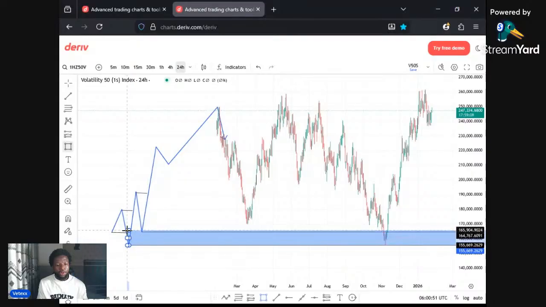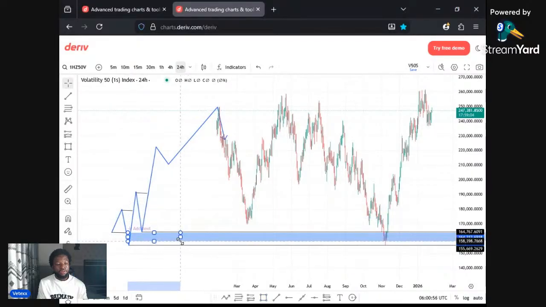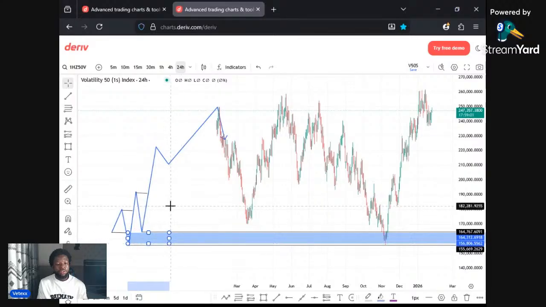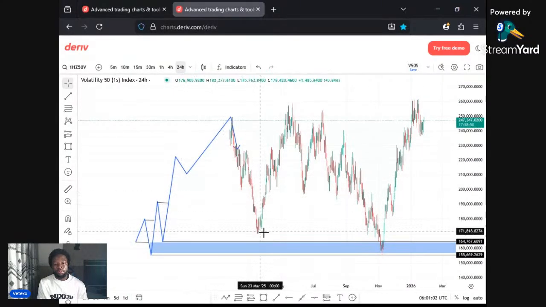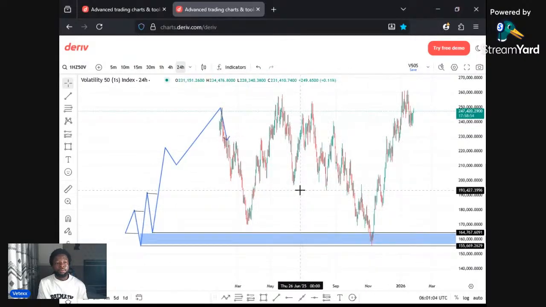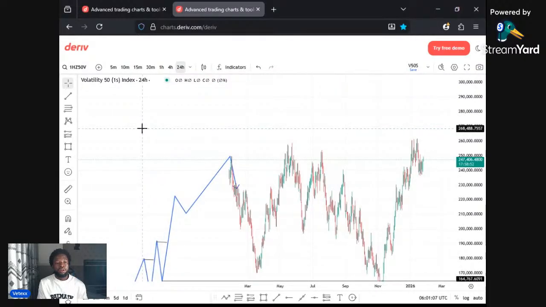The reason why I'm drawing this is because on the Deriv synthetic indices, on Deriv TradingView, you can't see more than the 24-hour time frame. So that's the highest time frame. So price tapped into this point of interest on the weekly time frame on the V50 index, okay, and this was